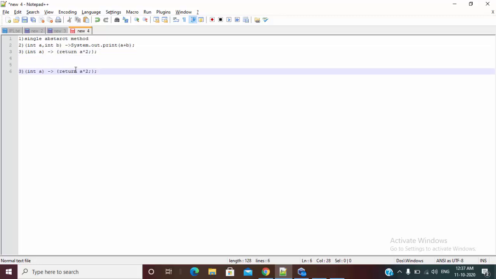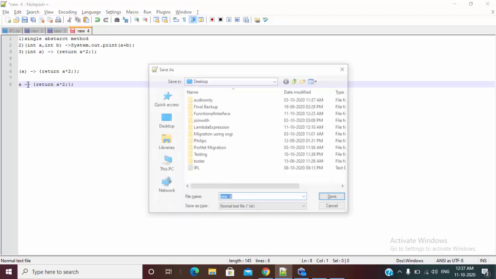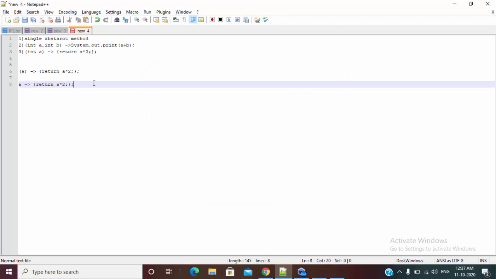If you don't want, you can remove this thing also. So this is also a valid lambda expression. And if there is only a single argument, you can remove this also. This is also a valid lambda expression.